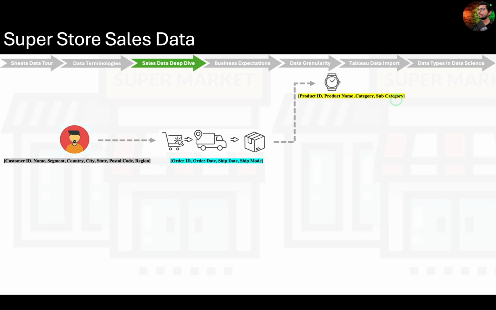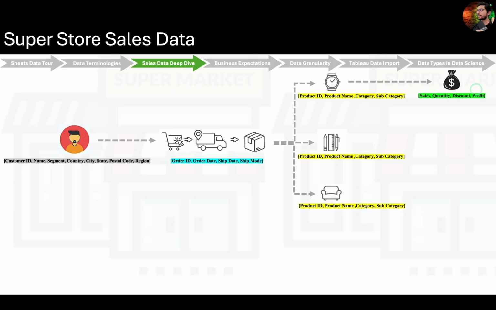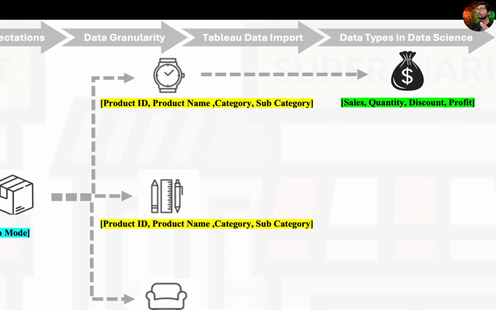Cool. Similarly, the next items in your cart could be some stationery and a sofa. And similar details about these products are also stored by the business. Now coming to the dollar value of each product. The business usually keeps track of financial variables like sales value, quantity ordered, any discount applied, and the profit